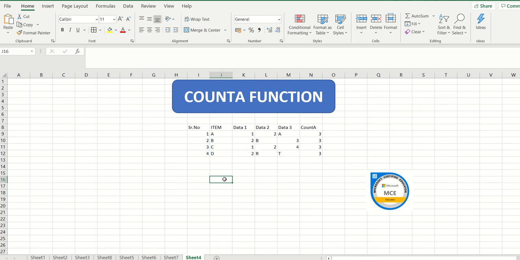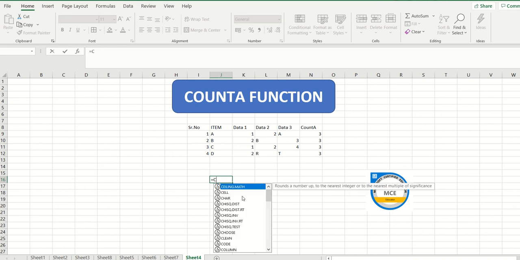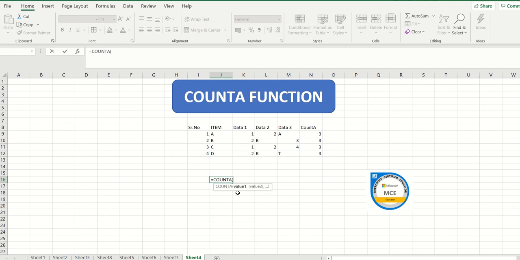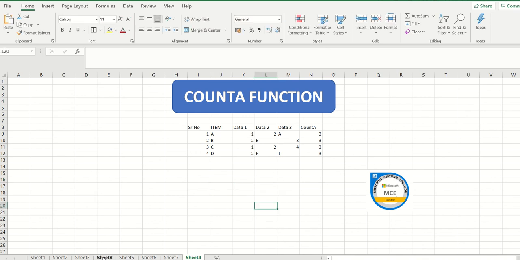So it is going to take into consideration both kinds of cells, the ones in which numbers are there and the ones in which alphabets are there. The formula for that is equals COUNTA, and then I have to double click and select the range altogether.